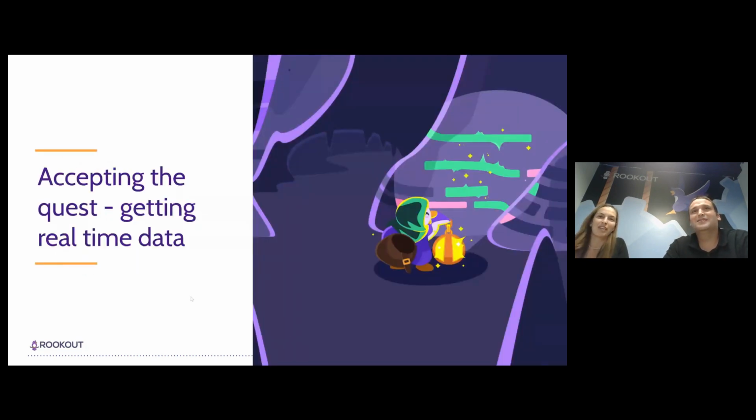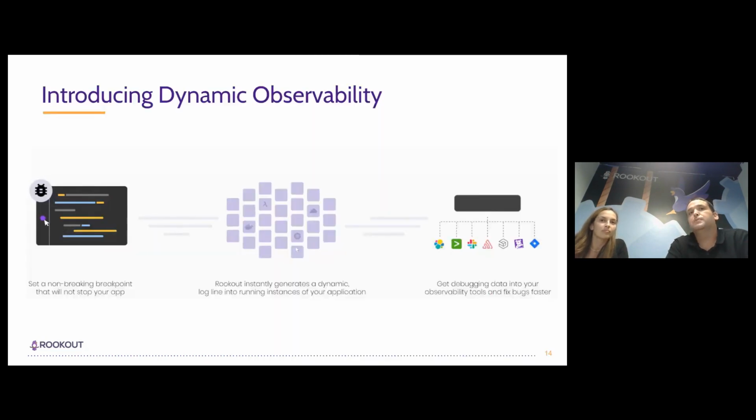Ain't nobody got time for that. So we need to accept the quest. We need to take the challenge, and we need to find a new, better way of achieving real-time observability, of having instant access to the data, of being able to immediately pinpoint and understand what's going on in our application. And for that, we need the ability to fetch new data in real time.